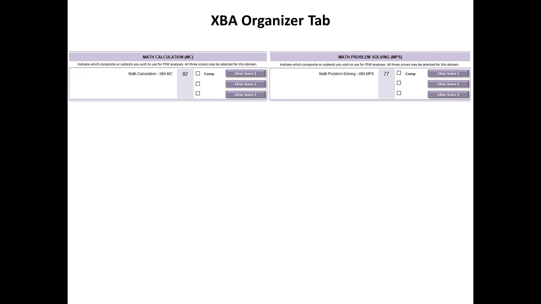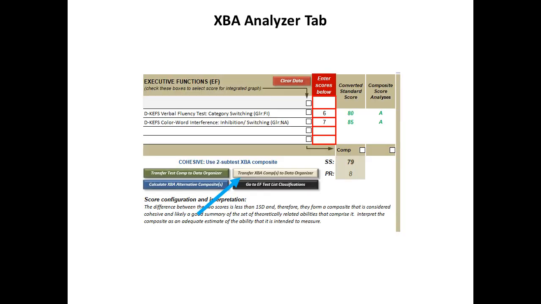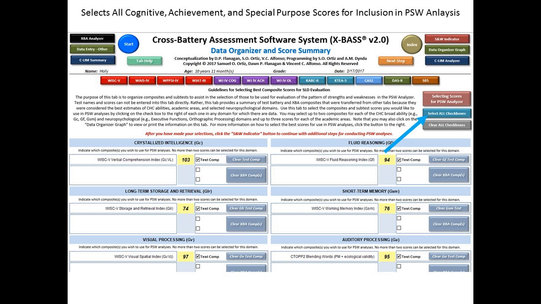So you can see here's now my most parsimonious summary score of math calculation, most parsimonious summary score of math problem solving. Also gave some executive function tests. So you have the DCAS test here. This is a special place on the XDA Analyzer tab for more neuropsych kinds of tests. And so we have an executive function composite here of 79, which we're going to transfer over to the Organizer